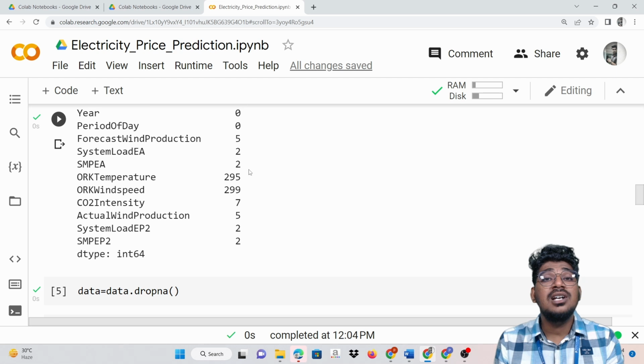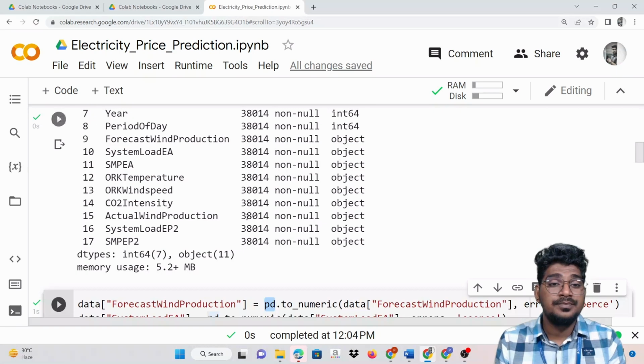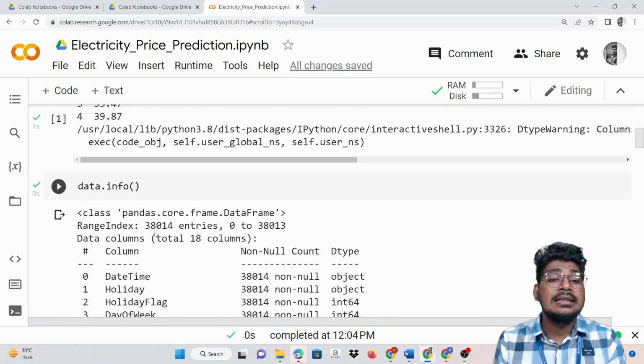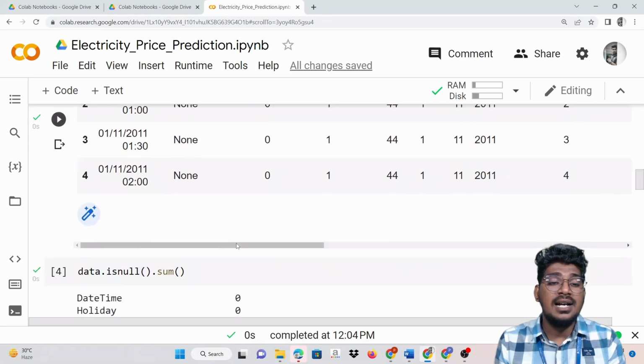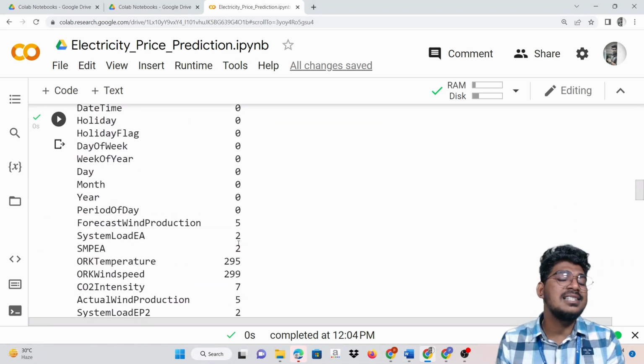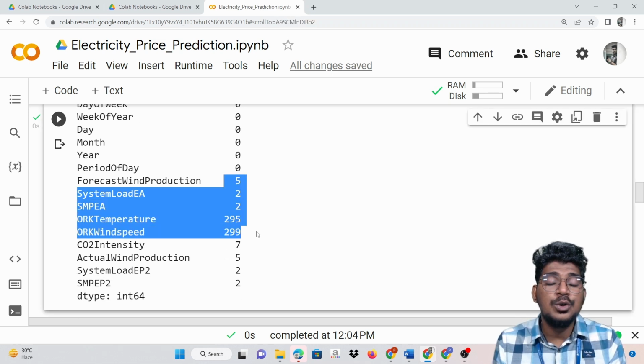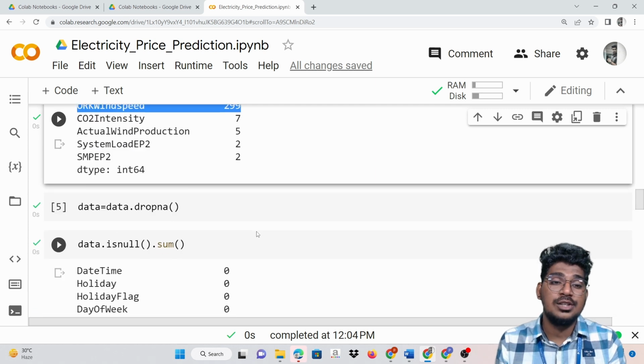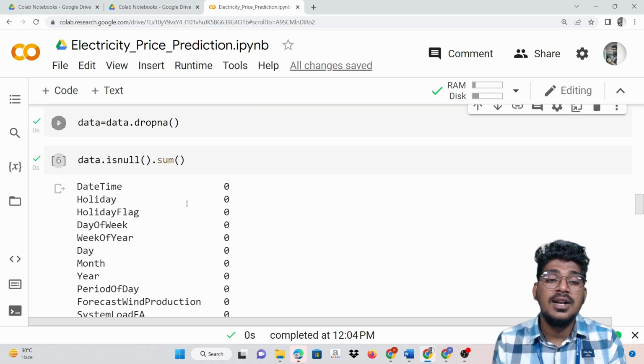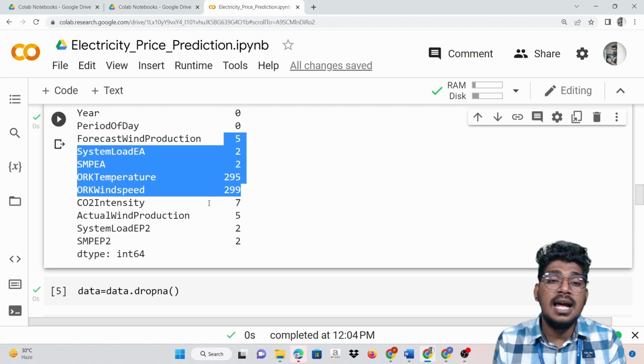Here, for 38,000 data rows, this many null values are preferable for dropping. So these particular rows we are going to trim and remove. With the help of dropna we can remove all the null values; totally these rows will be removed.